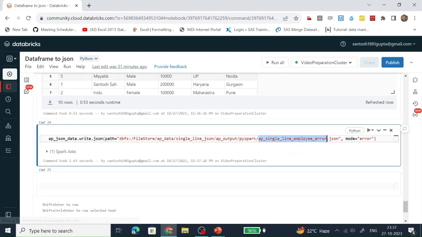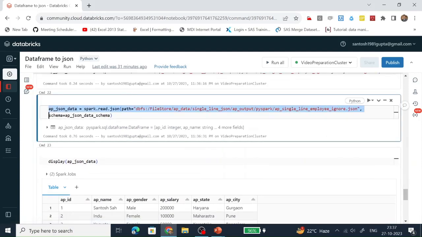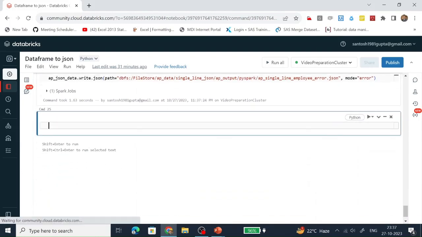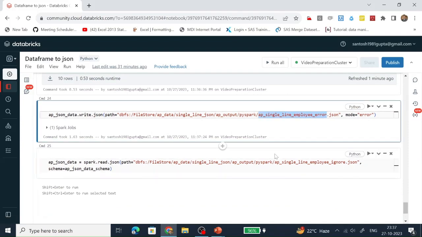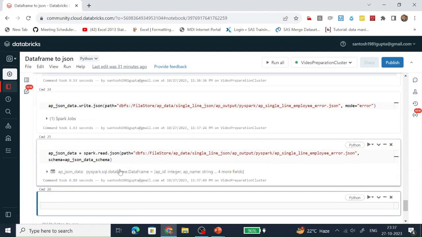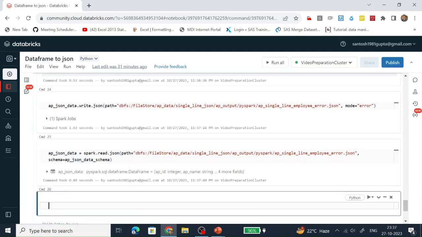Let's read this JSON document. I'm copying the code. We need to change the name of the file which we are going to read. Let's see the content. Display.